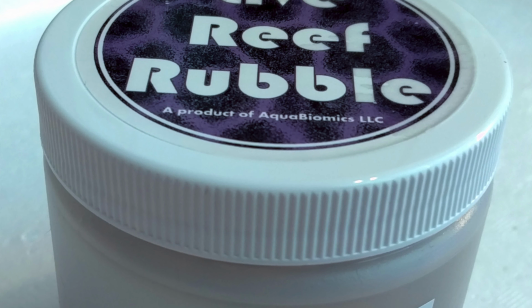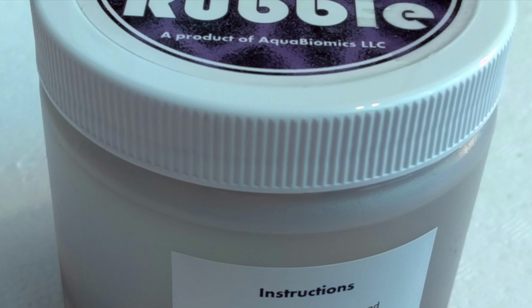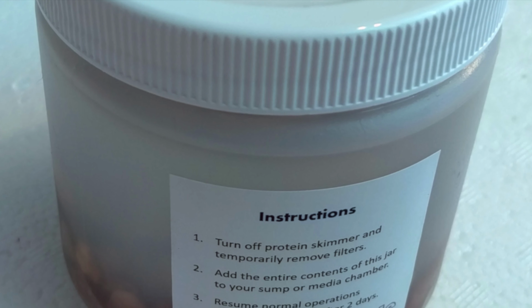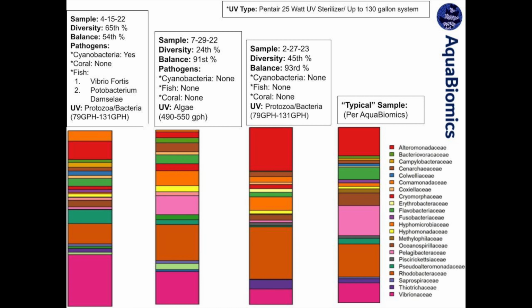Around 5 months into the cycle, I actually added some live reef rubble from Aquabiomics. 2 months later, 6 months into the cycle, I did the Aquabiomics test. On the chart above, you can see the diversity was at the 65th percentile, and the balance was at the 54th percentile. Per Aquabiomics, the diversity was higher than most tank samples they've received, and the balance was similar to